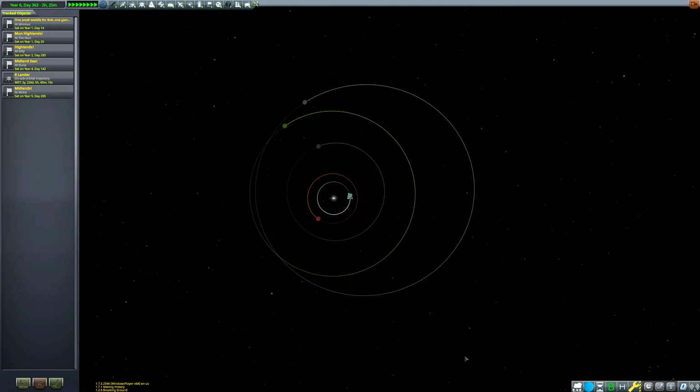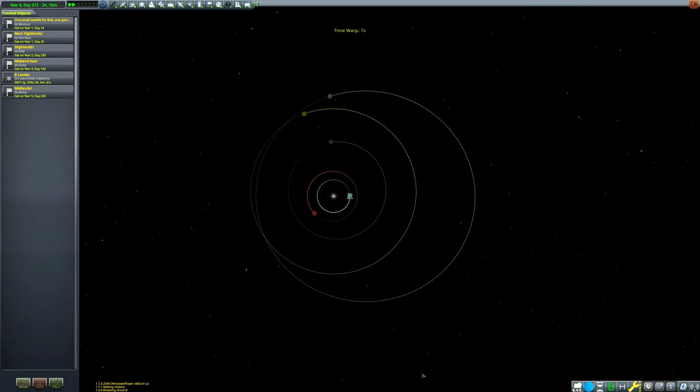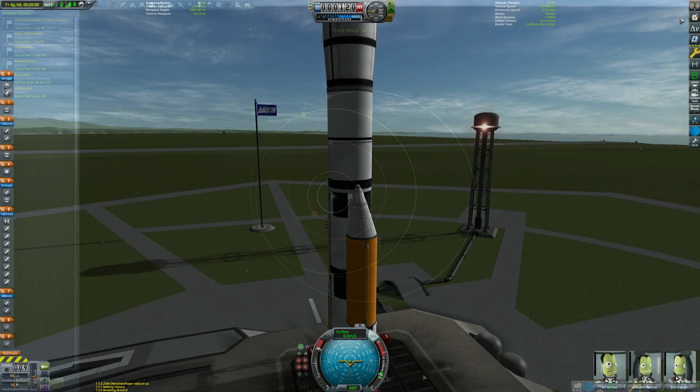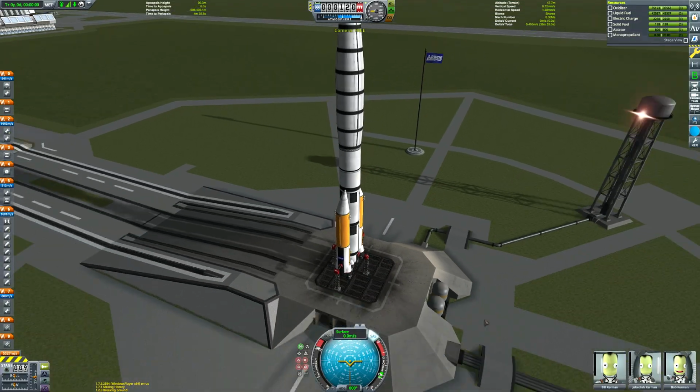That's an Eeloo transfer window. Not much more to say about it really, but that's it there. I guess without further ado, we can crossfade over to the launch pad and get ready to send our brave